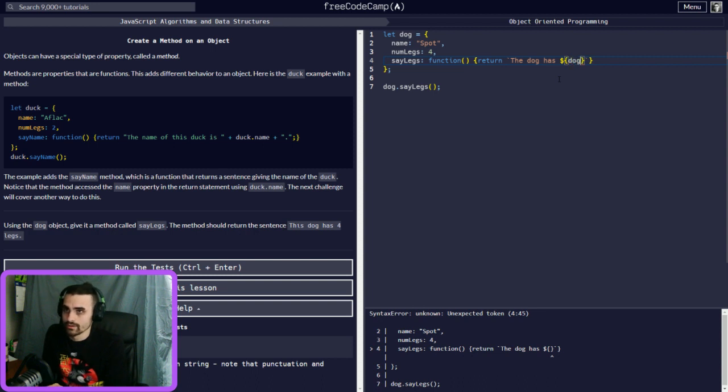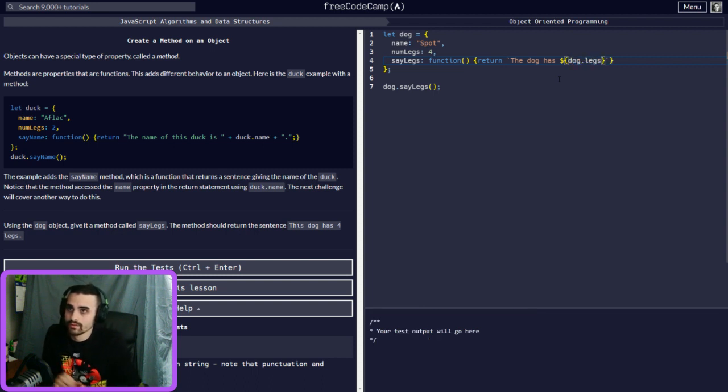So dog.legs, and then the dog has 4, and then legs. See? Done. Easy. And then we end that because that's the end of the function.